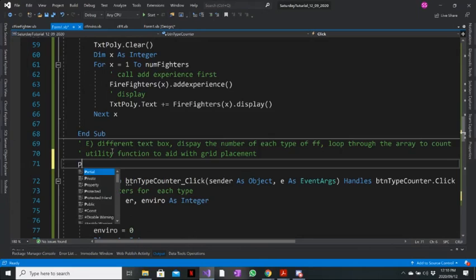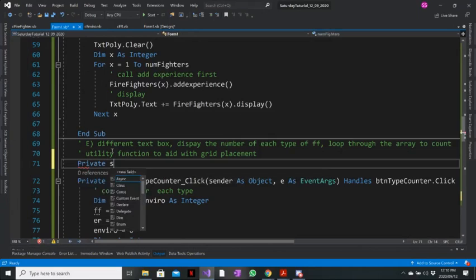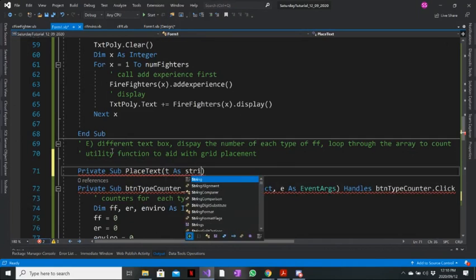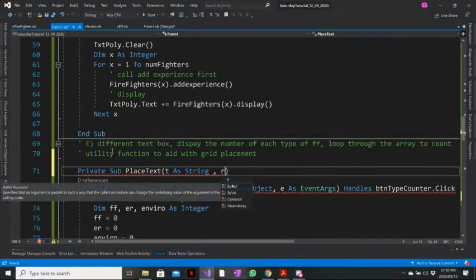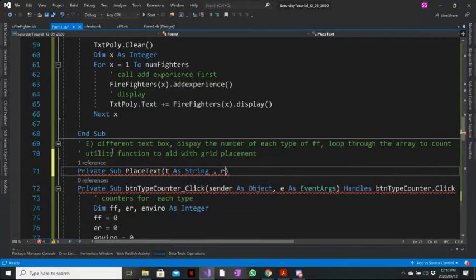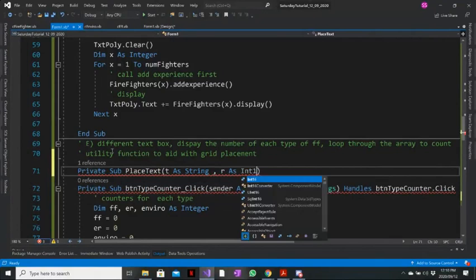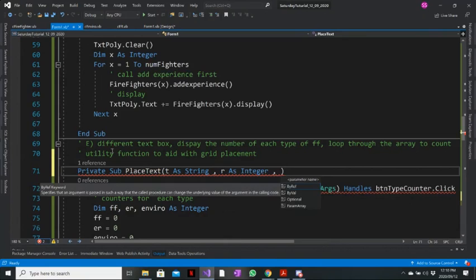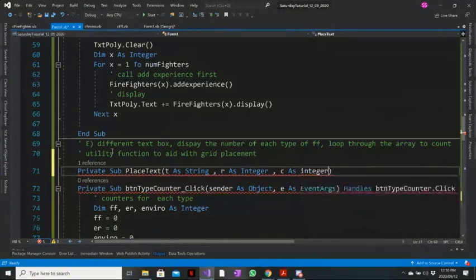Right, and then we're going to go private sub base text, E as string, R as int,